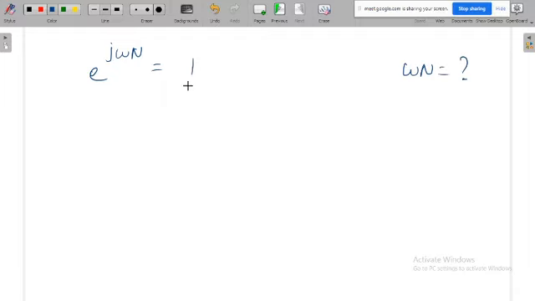0, sir. 0 or anything else? Yes, 0 is also valid. Is there any other value? Only 0, e power 0 is anyway 1. Is there any other value? Because see, e power j theta is like an angle. So the angle could be 0, pi by 2, pi, 2 pi, something like that. You are going in the rotation. Then only 0 will give you 1, or is there something else other than 0?